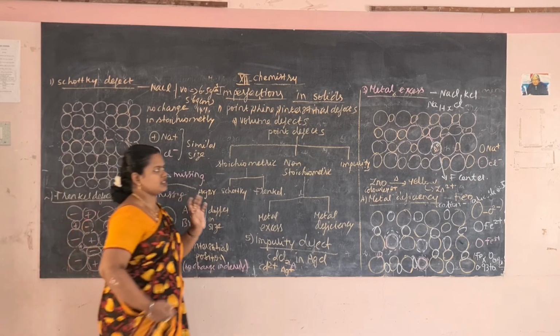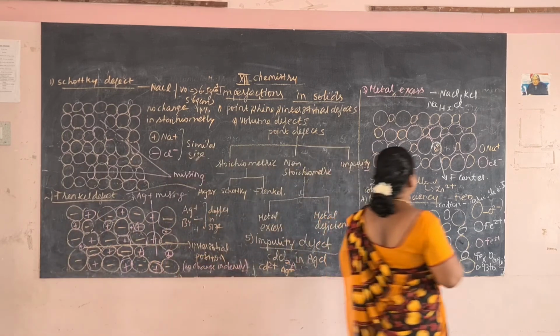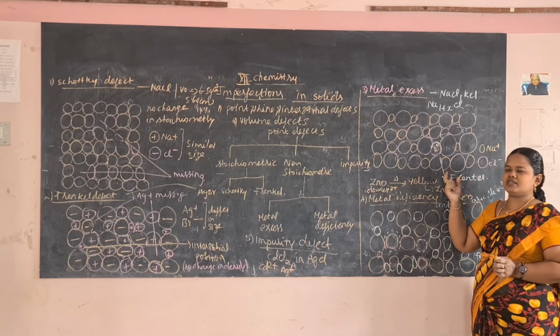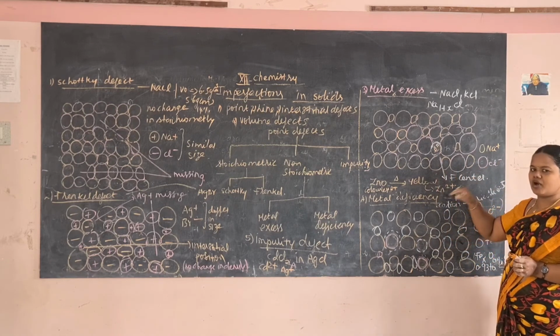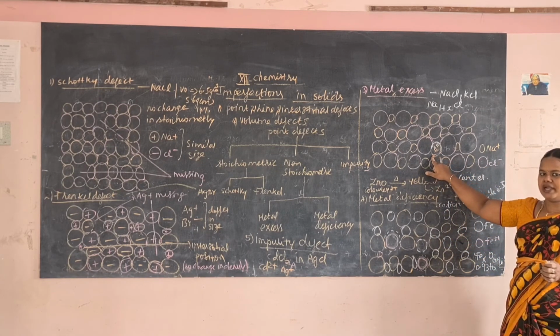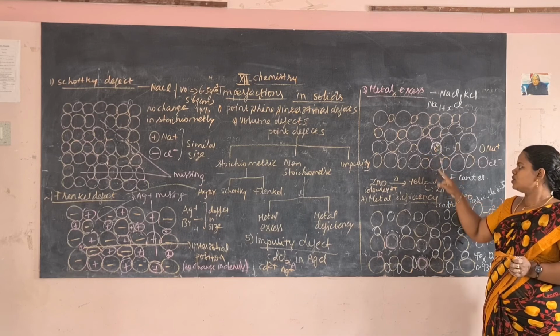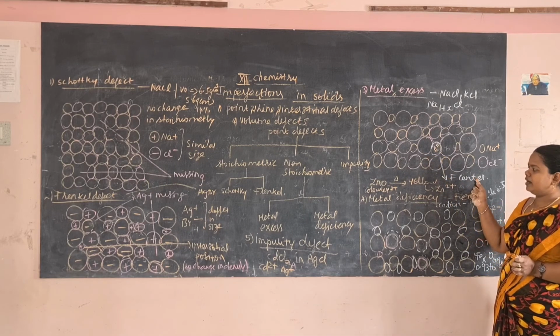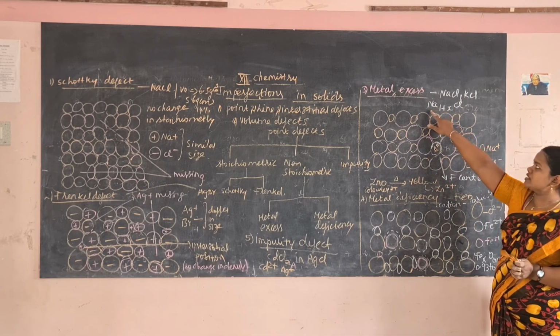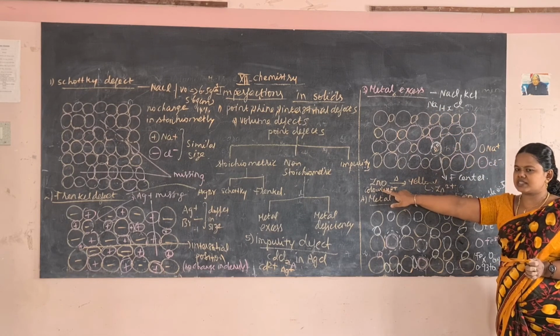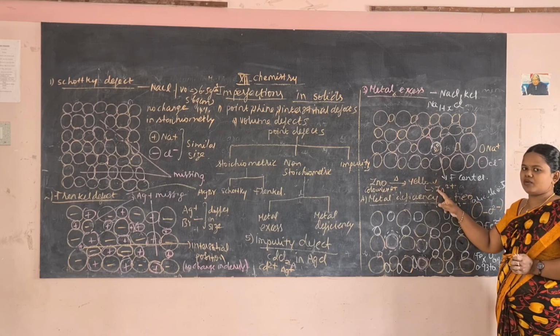Then in metal excess defect, we will have one metal in excess. The space created by the Cl- ion will be occupied by the metal ion, that is Na+. The unshared pair of electrons from the metal ion will occupy the space created by the anion. That is known as F center, and it can be written as Na1+xCl. Another example, zinc oxide, which is colorless at room temperature; when heated it turns yellow.